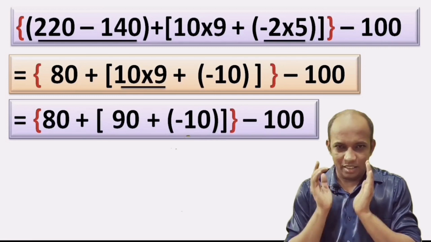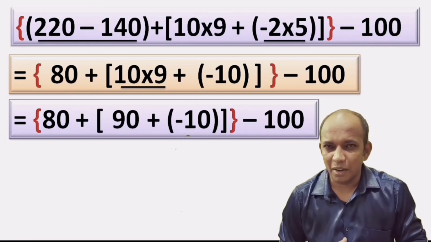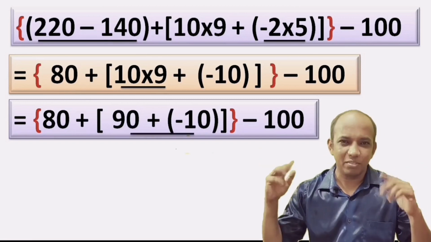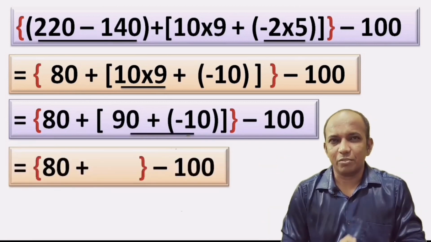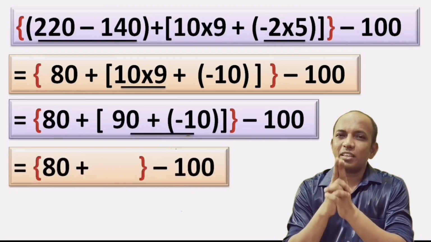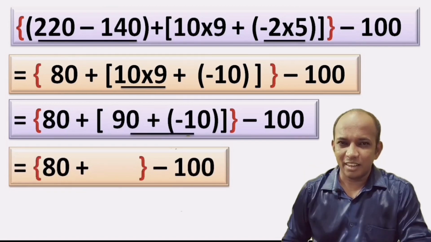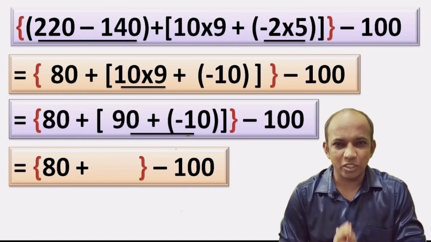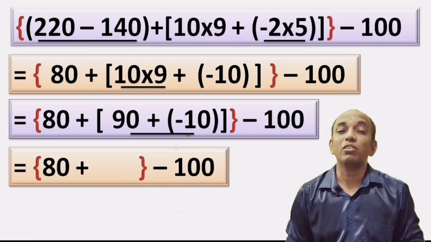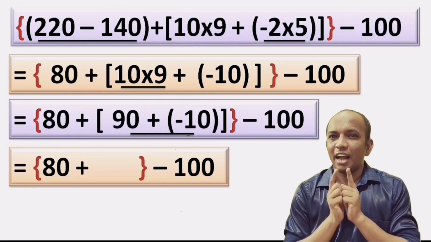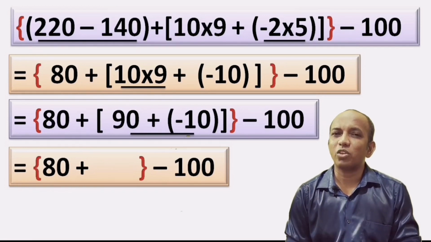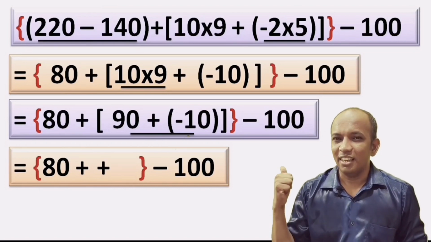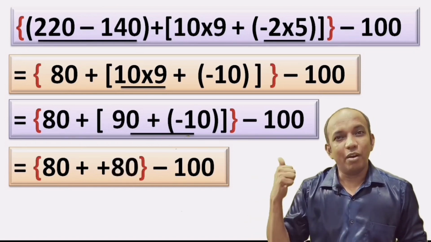And my dears, again there is still one operation in the bracket, so that bracket we need to solve, that is a square bracket, right? Remaining sum as it is down. So what we are left with: 90 plus negative 10. According to the integers rule, if two numbers are opposite in sign, we have to do the subtraction, and after carrying out the subtraction we have to give the bigger number's sign, and that means 90 minus 10, answer is 80.